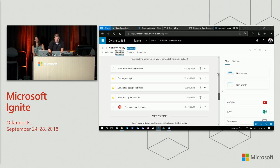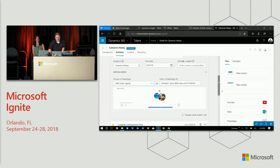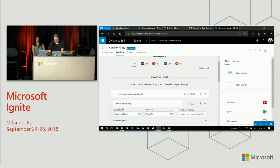Apologies for that. So now that I can see, I also see that I can choose a laptop. So I come in. This is another use of Power Apps embedded in the application. So we've built this Power App. Let me actually show you what the candidate's experience is going to look like. So when we send this to Cameron,